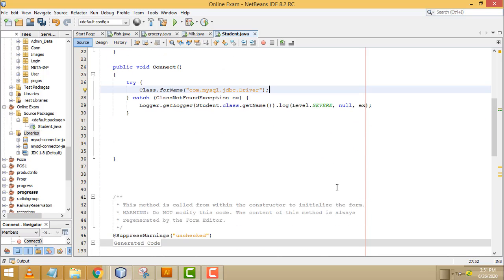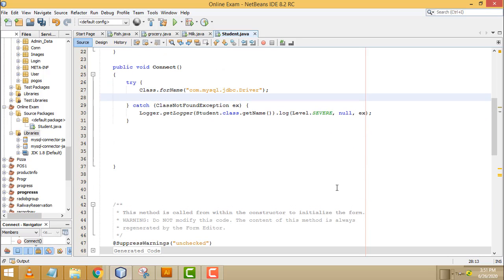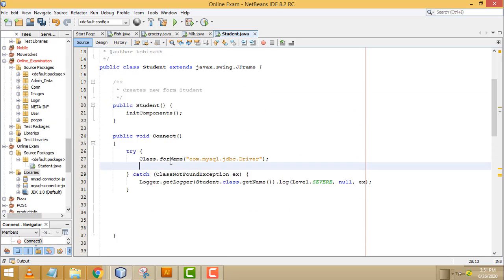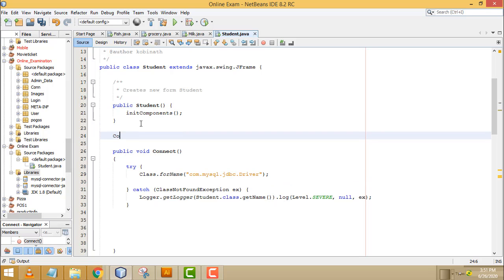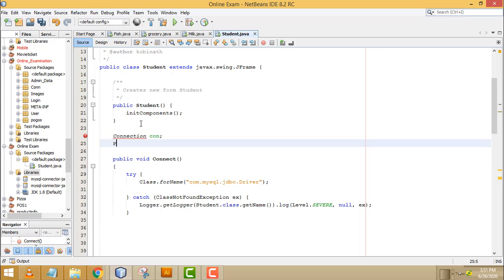After that, we have to create the connection objects, right? So we have to write the Connection object con, and the PreparedStatement pst.